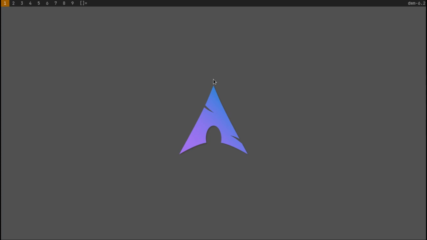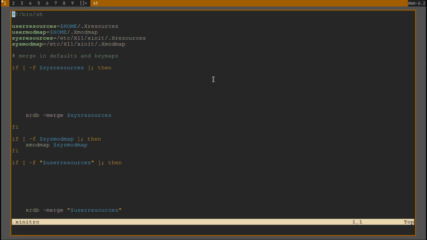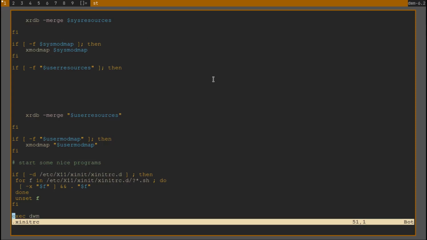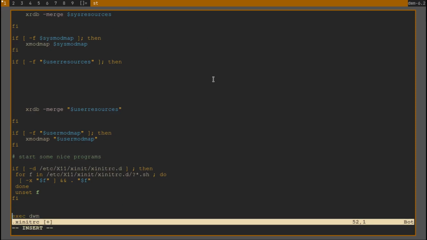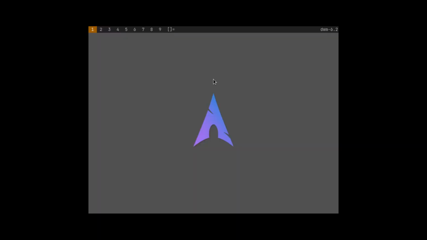To get over this, you can open your .xinitrc in nvim, go to the bottom, and before exec dwm, type this command: nitrogen --restore, and then an ampersand to make it a background process. Now save this file, and if we quit and start again, boom, as you can see we have a wallpaper.